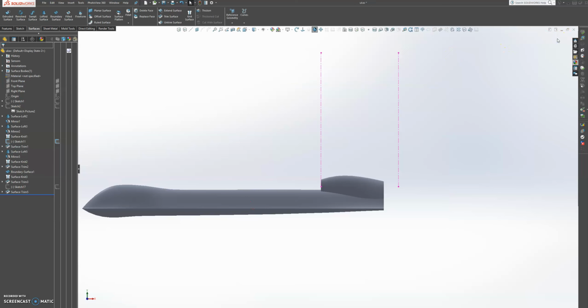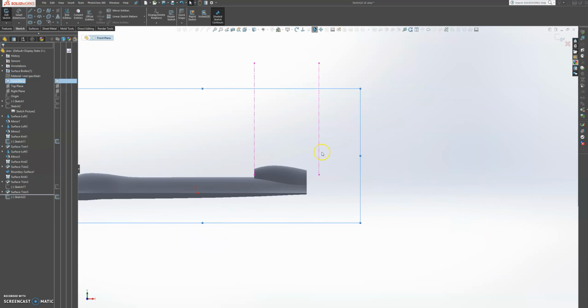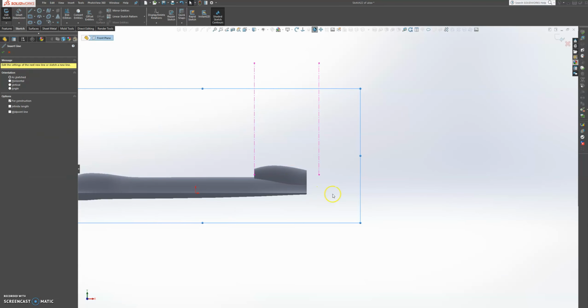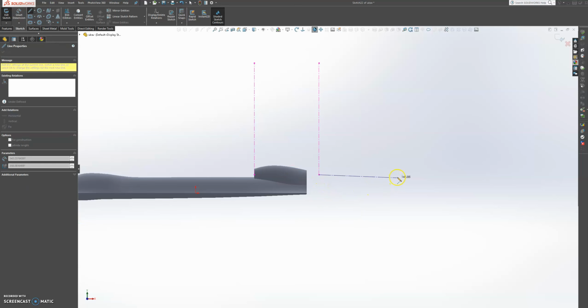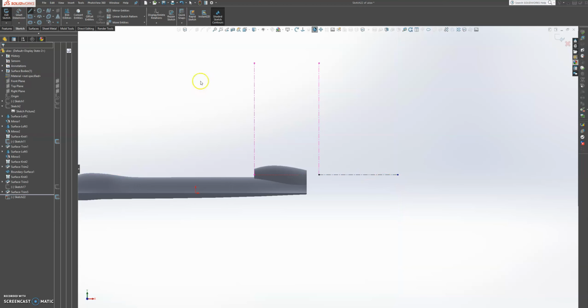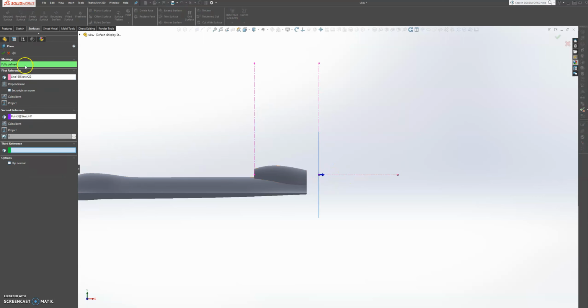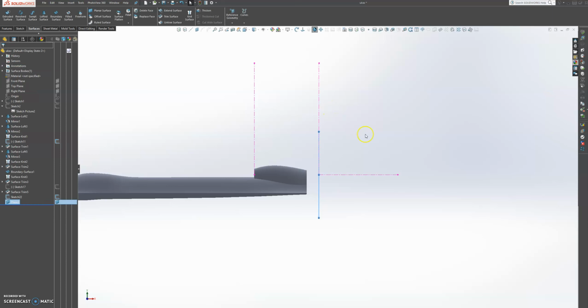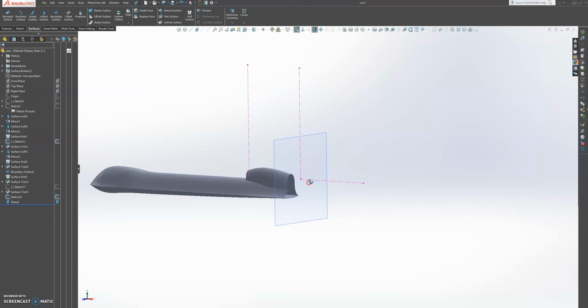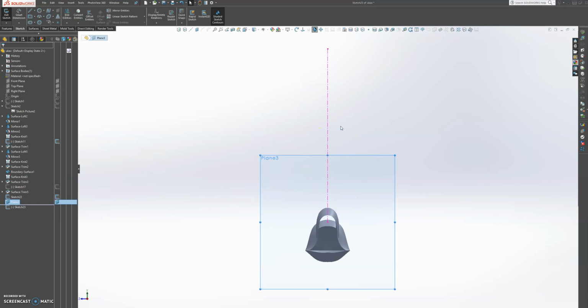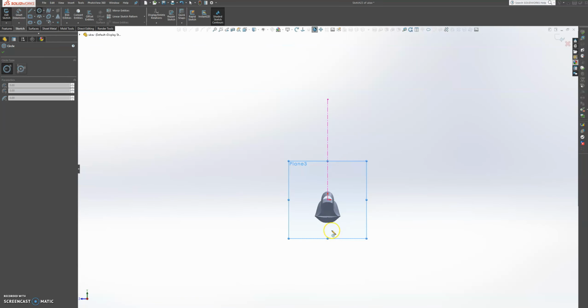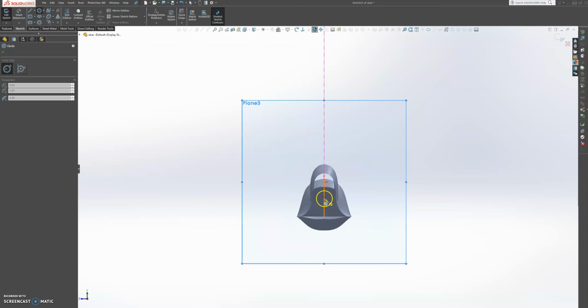So yes, let's go to the front plane. Let's hit the sketch, and then let's choose a construction geometry. And exit the sketch, and let's add our plane to about here. Okay, and now let's sketch on this plane, and then we're going to sketch a circle somewhere in the middle, and we're gonna come out